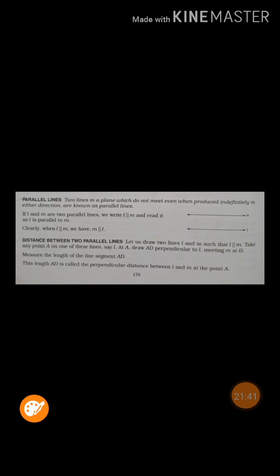We have already discussed that the distance between two parallel lines is always the same, always equal. Now, the parallel segments and parallel rays. Two segments are parallel. One example is shown here. There are two line segments AB and CD. These are parallel if the corresponding lines determined by them are parallel.